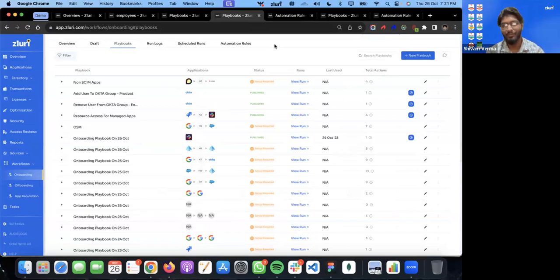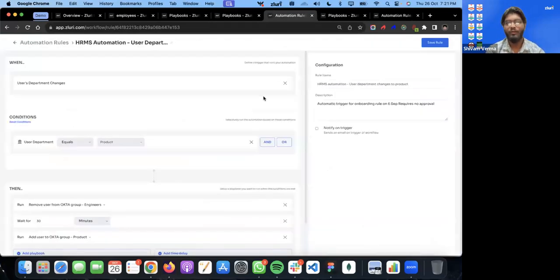And by the way, we support more than 15 HRMS across the globe, important ones being BambooHR, HiBob, etc. So as soon as we detect a person's change in department via the HRMS, we right away generate an audit log and we let you automate on top of that, right?